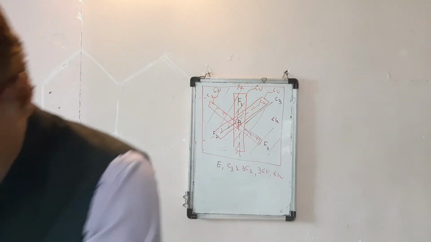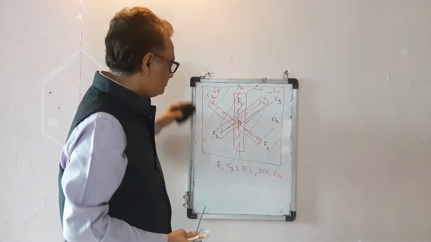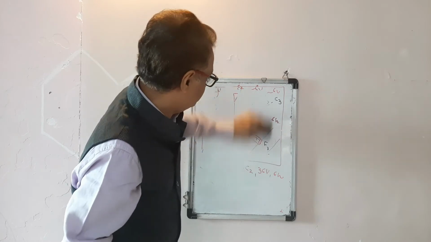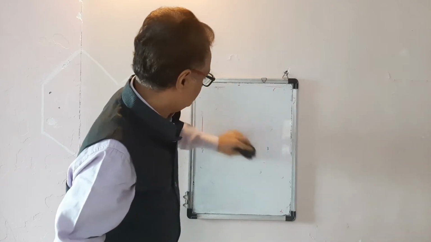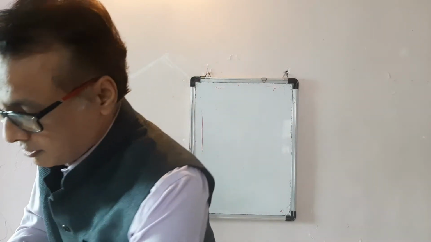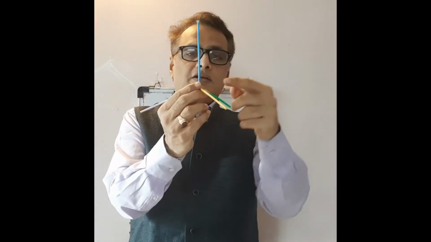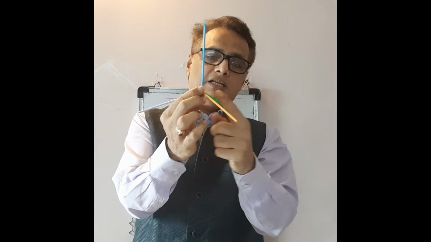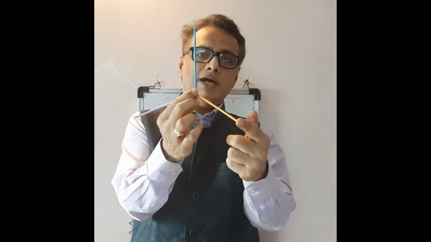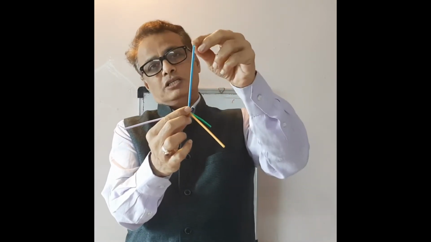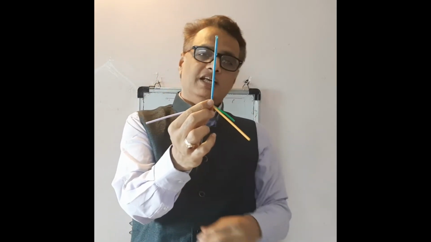Now let us find out the symmetry elements possessed by HOCl. I am sorry, lactic acid. This is our lactic acid. This carbon is placed here. This is OH, this is COOH, this is H and this is CH3.